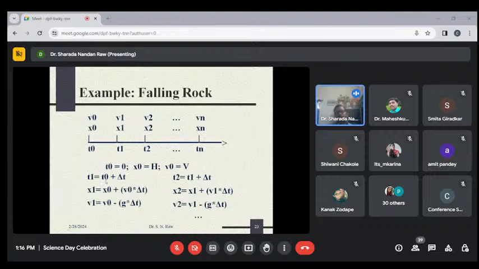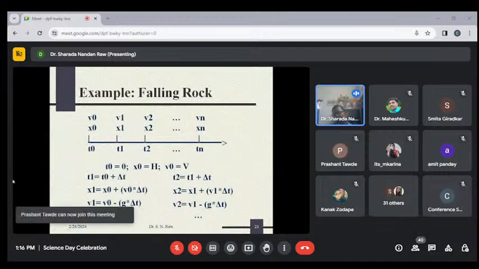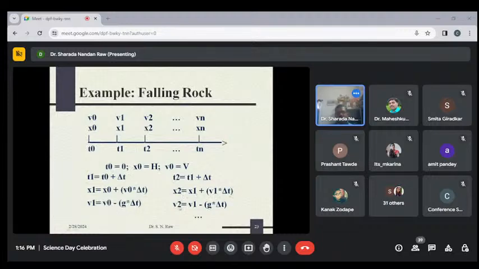So t1 is equal to t0 plus delta t. Then x1 is equal to x0 plus v0 into delta t, and v1 is equal to v0 minus g into delta t. Okay, similarly at t2, t2 is equal to t1 plus delta t, x2 is equal to x1 plus v1 into delta t, v2 is equal to v1 minus g into delta t. Okay, so